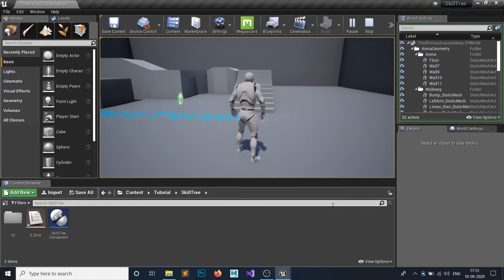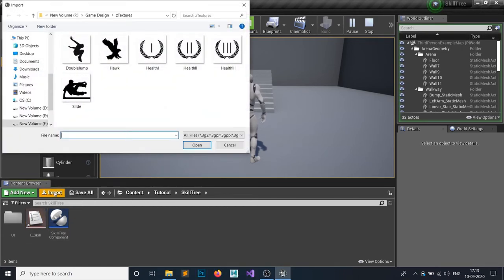And welcome to my Unreal Engine 4 tutorial series on how to make a skill tree. So we have done the toggling part, the skill tree making UI part and the hovering part. And in this episode, we're going to make a hovering part to display your skill. So let's do that. First, you have to import your current textures.